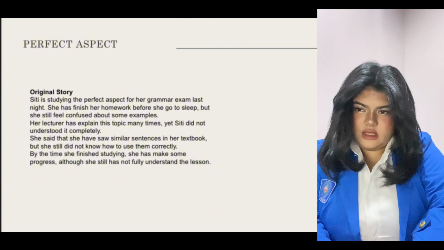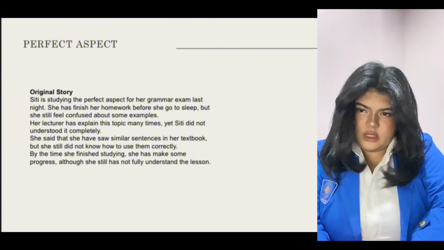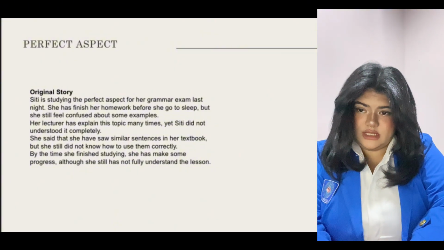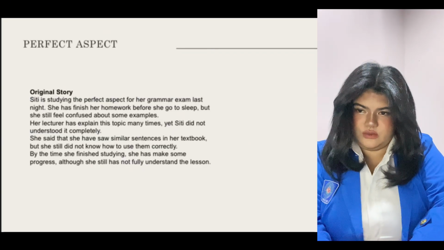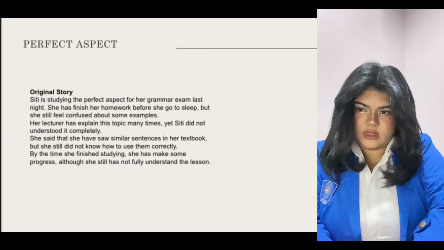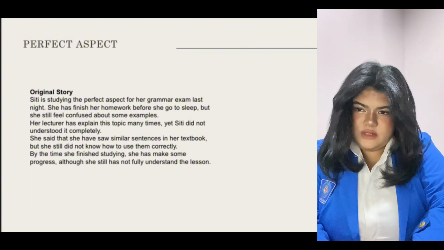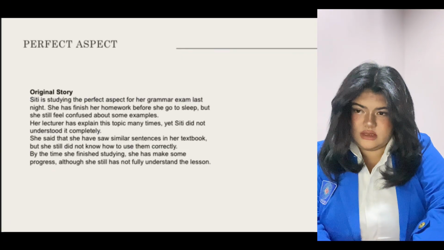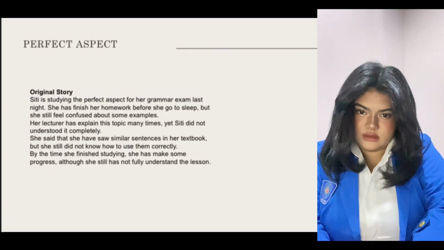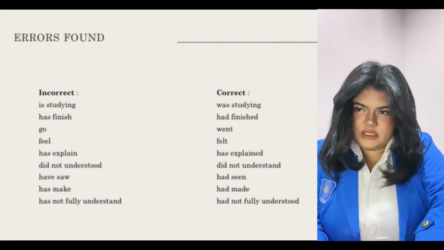She said that she have saw similar sentences in her textbook, but she still did not know how to use them correctly. By the time she finished studying, she has made some progress, although she has not fully understand the lesson. The errors found are: